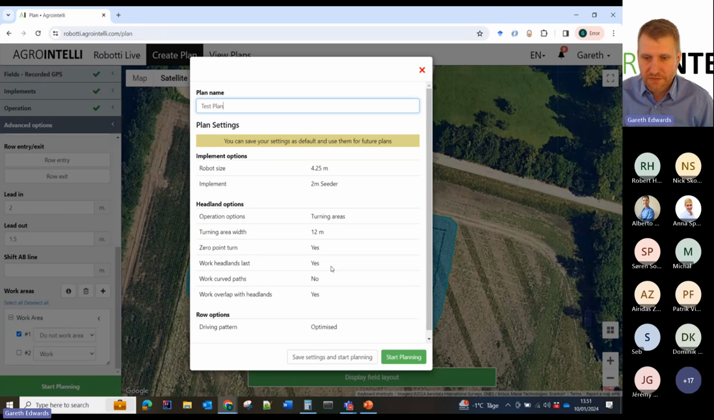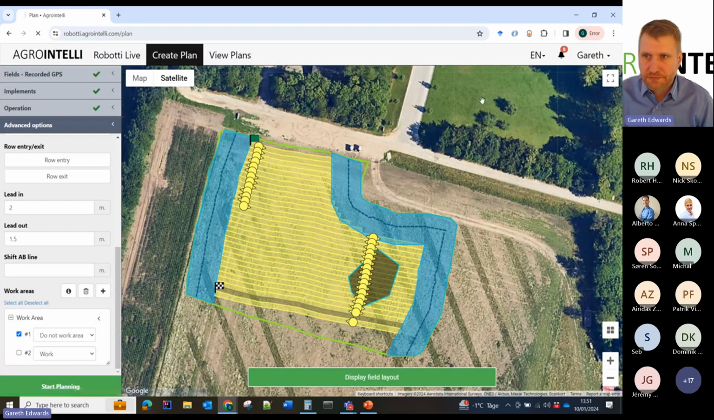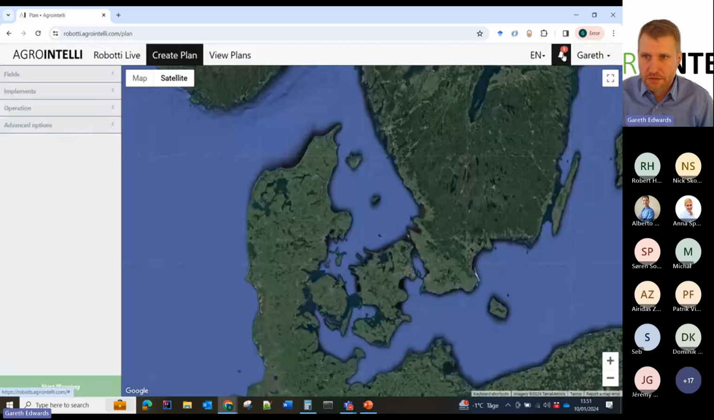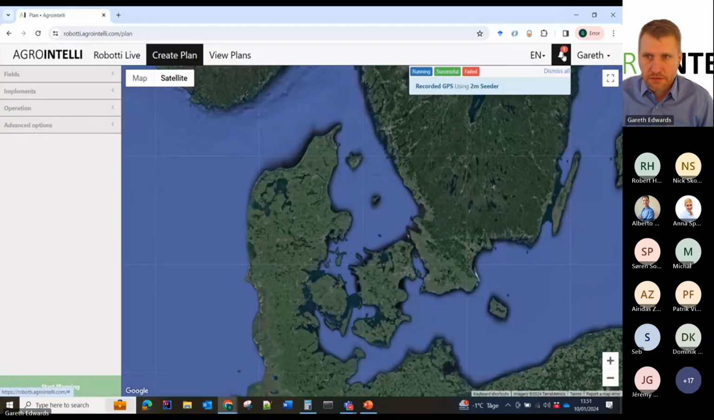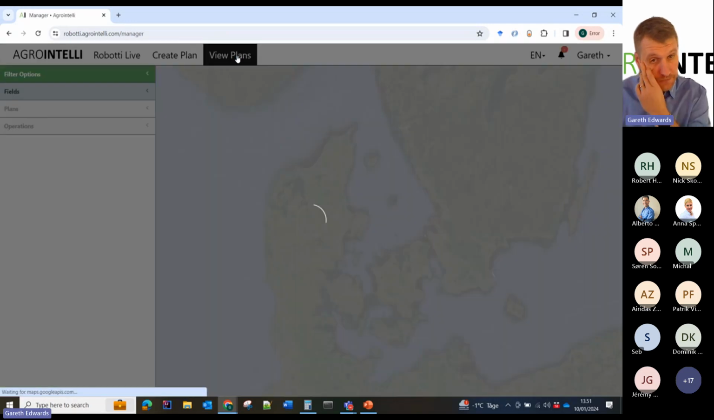As you know, when we've created our plan, we get an email when that's created, and we get our little bell icon here, which will turn on. One more thing that I wanted to show,